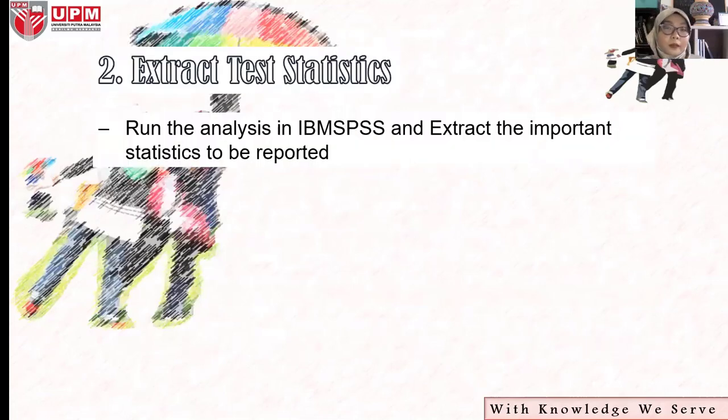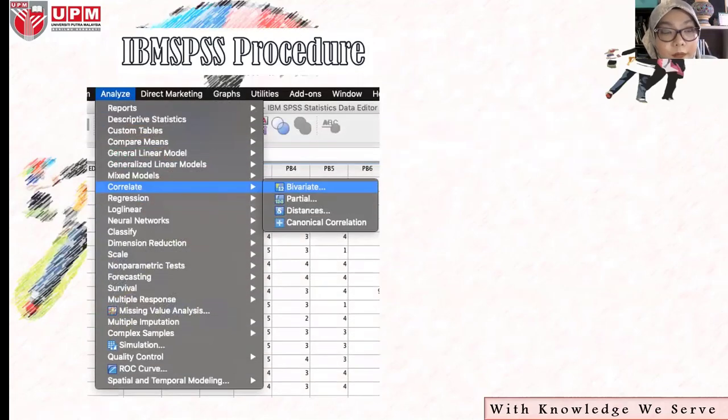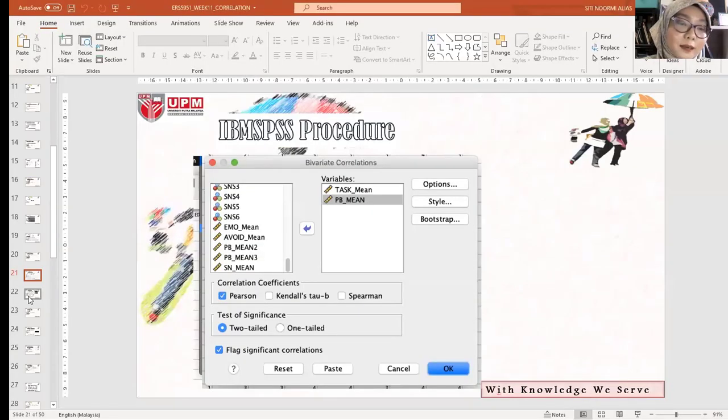Perhaps are you ready with your data set? Yes, Doctor. Okay, so now we try to run the statistical analysis in IBM SPSS. Are you prepared with your data set already? Are you done with preparing your data set?